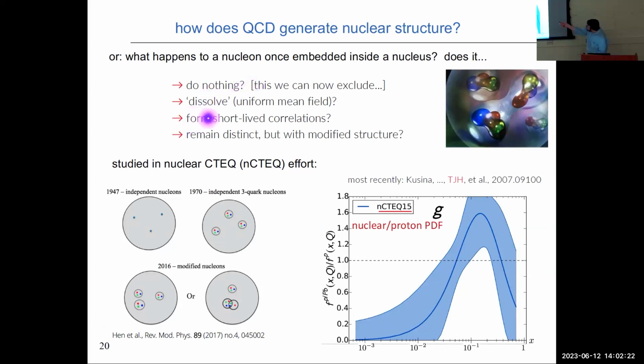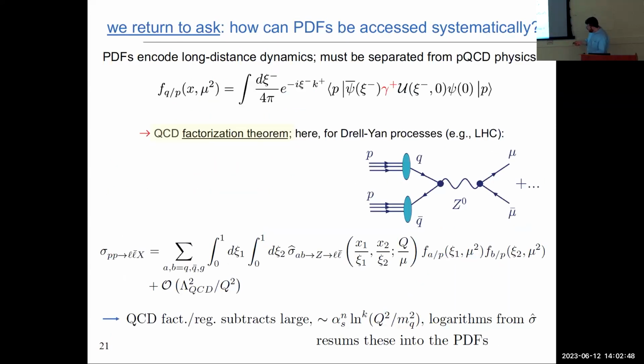Does the nucleon basically sort of melt, if you'd like, or dissolve inside the nuclear medium? Are there some sort of other things that happen? Are there correlations between things that still look baryon-like inside the nuclear medium? These are all really interesting questions. And in fact, you can do basically the exact sorts of things that I'll talk about in this talk, focusing on the proton, for nuclei and parametrize PDFs in that case as well. So there are all these different types of things that we wish to understand and answer. Are there any questions, by the way, before I move on to a slightly different phase of the talk?